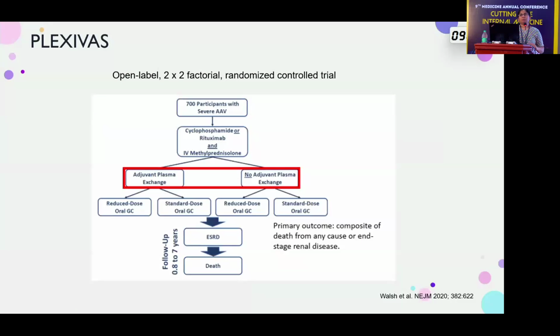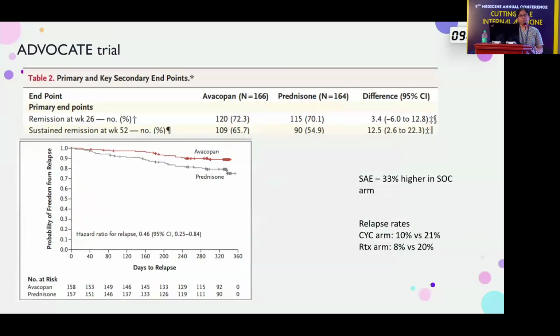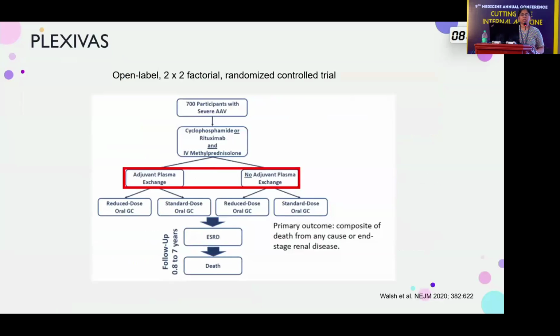So that is how, after that, this drug got FDA approval for use in patients with ANCA vasculitis. Induction of remission in ANCA vasculitis. Now, what about plasma exchange? As you know, in the 2015 guideline, plasma exchange was considered an add-on therapy in patients who presented with rapidly progressive glomerulonephritis and pulmonary hemorrhage.